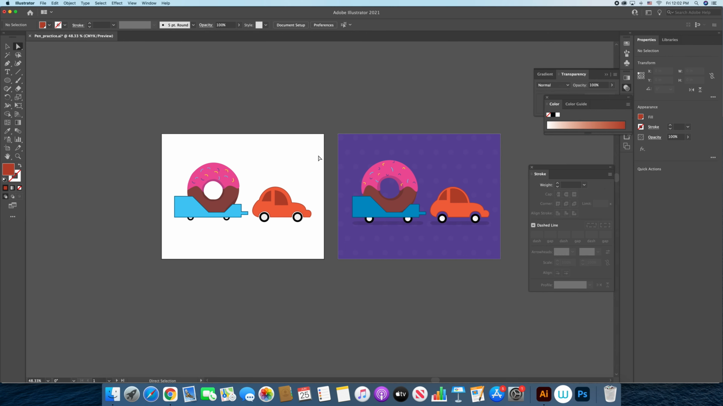Now let's give it a background in the end. We're missing the background color, and also we're missing the shadow of the car and the trailer. All right, now let's make a background color. To make a background color, we're going to use our rectangle tool. Since it's a background color, normally I like to create another layer, and the layer is just going to be a background layer,